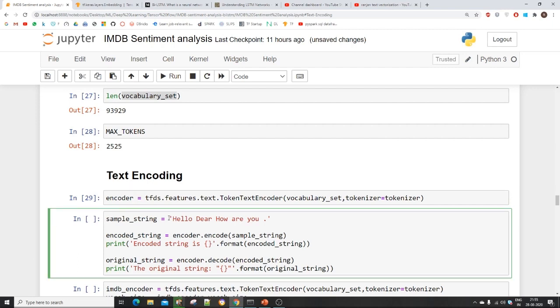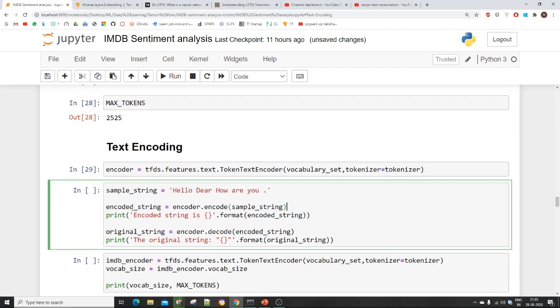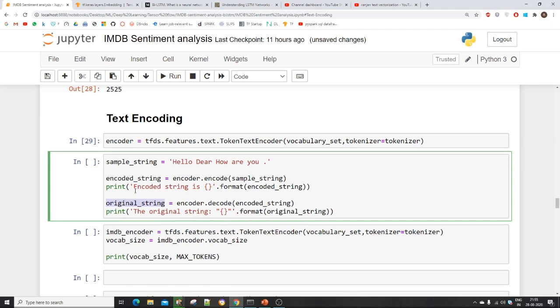So this is my sample string. I'm just showing you how it converts alphabets into numeric. I am using here encoded string. It would be my new variable, and in this I'm using encoder.encode, and here I'm using my sample string that I have created here. So it will create an encoded string, and in another step I am using my original string, which would be a new variable.